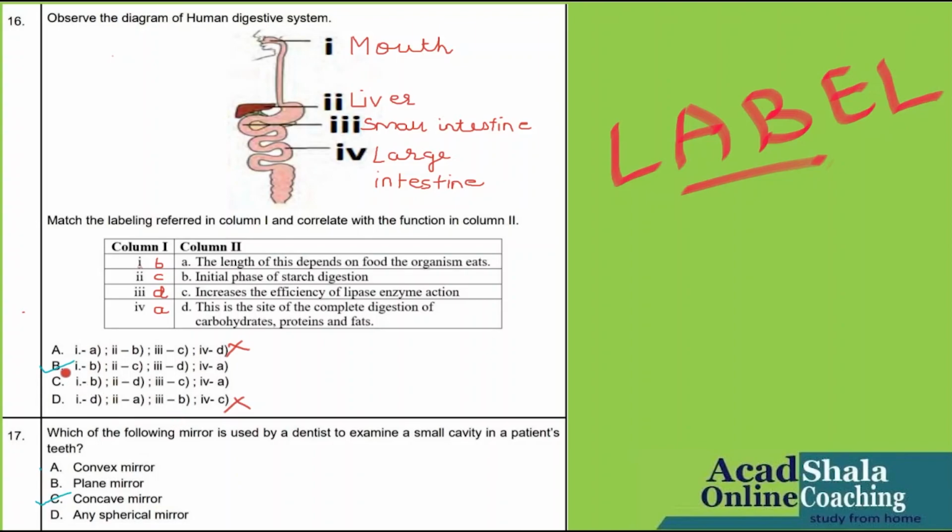So that means among B and C, one will be the correct, appropriate option. So I will check again. I find out that B is the correct option. So this is the best appropriate option. This is wrong and B is the best option over here. So children, you should also be able to cross out or eliminate the wrong options first, and then whatever is left, go for the best option.